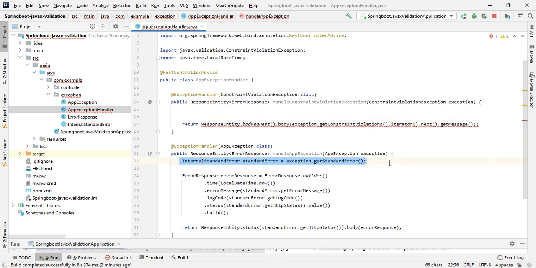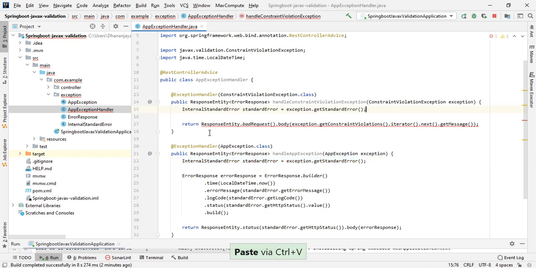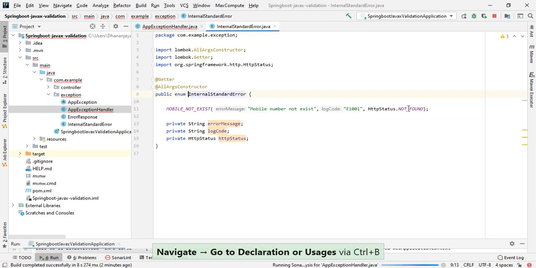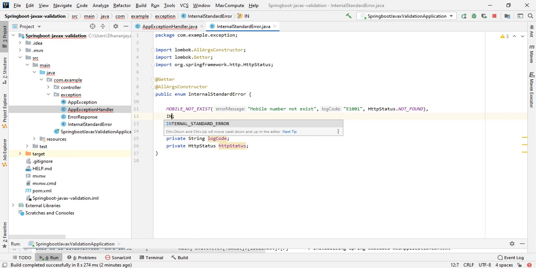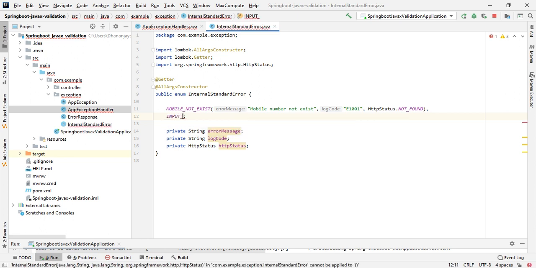So we need an internal standard error, but this is not our application-specific exception. Spring will not pass this one because Spring is throwing this exception, right? So we will add our own static error message for that. Let's add that inside the internal standard error here. Let's add input underscore error.